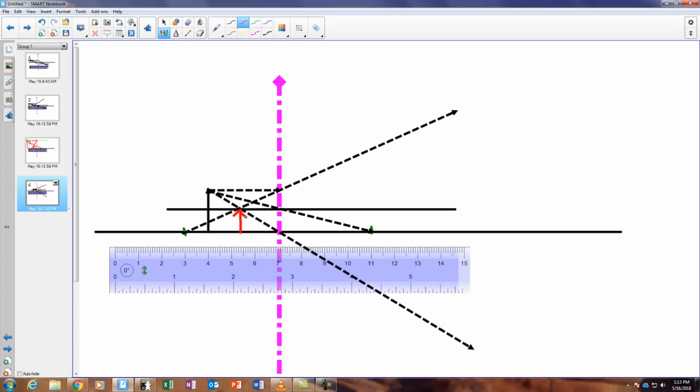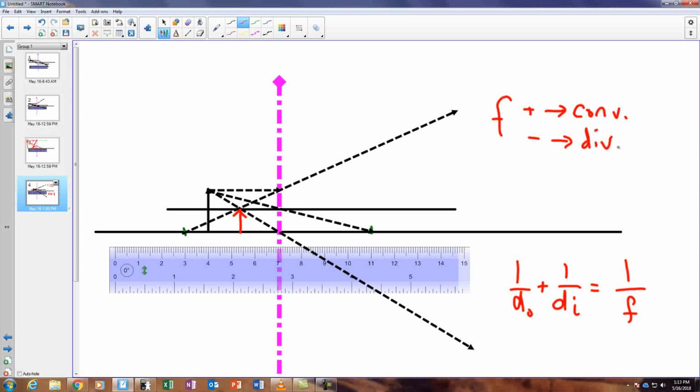Now you can do all three or all four of these using the equation 1 over dO plus 1 over di equals 1 over f. Couple things to keep in mind. f is positive for converging and negative for diverging. And then dO and di: because of the way we're going to structure it, we're going to consider dO positive